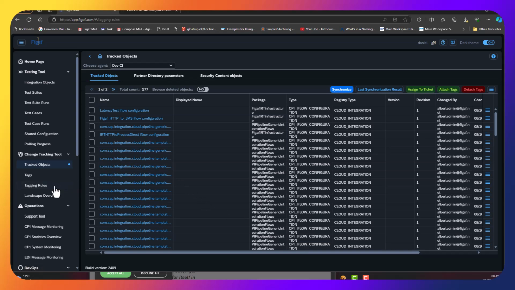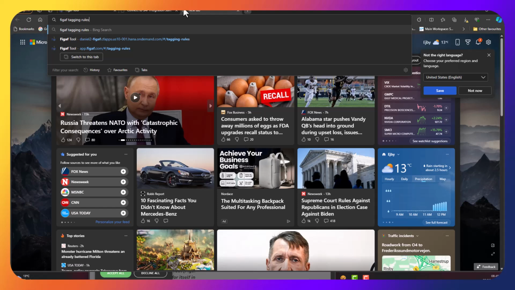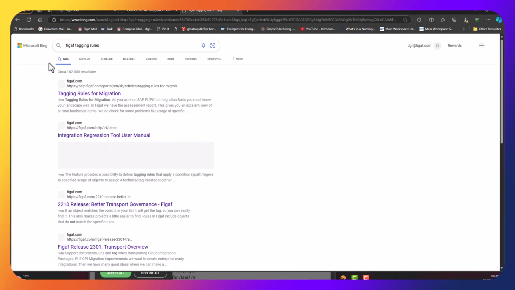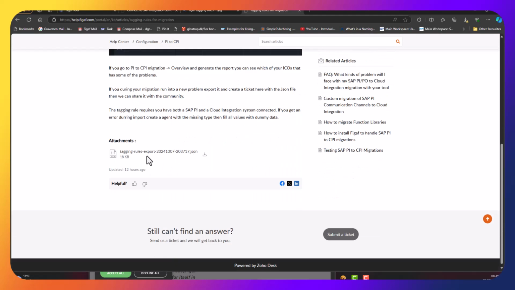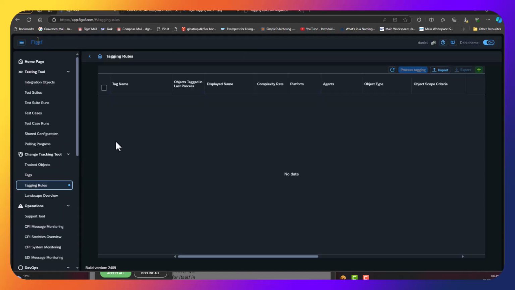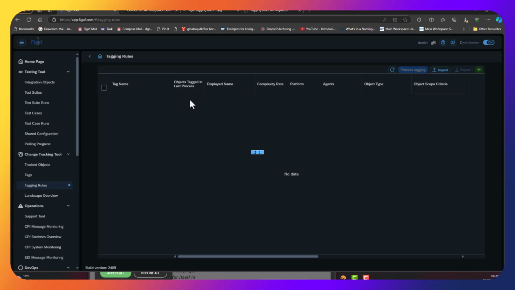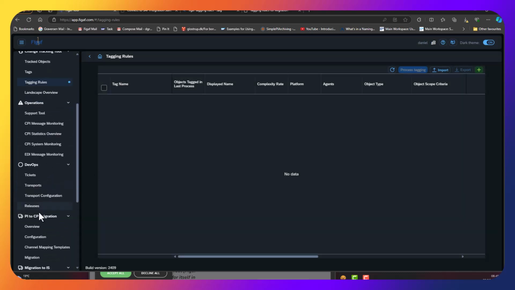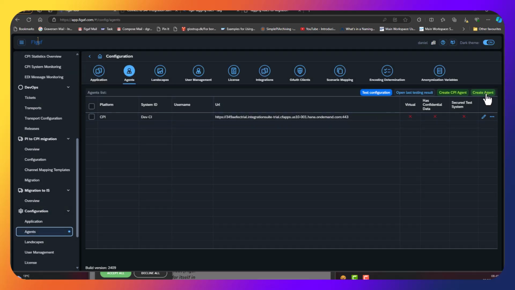We have the things called tagging rules here, so we can go here. We have tagging rules, and here we have this list, the JSON file. The question is, there is sometimes some challenges with this file. It needs to be on the same version, and we have a requirement to create a process orchestration agent. So we just select create agent,